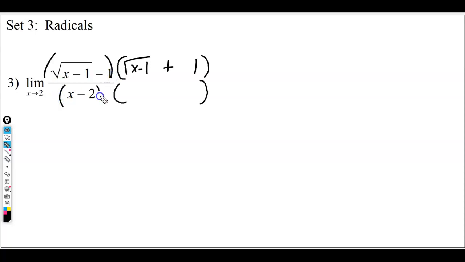But whatever you do to the bottom, you have to do to the top. Or whatever you do to the top, you have to do to the bottom also. So now I'm going to put this here, bottom as well. Okay. Now, on the top,